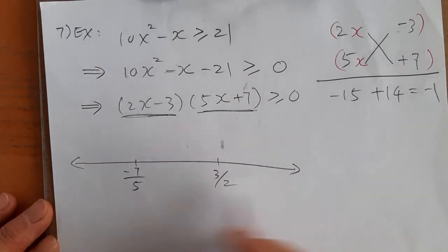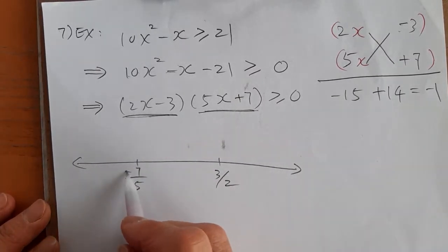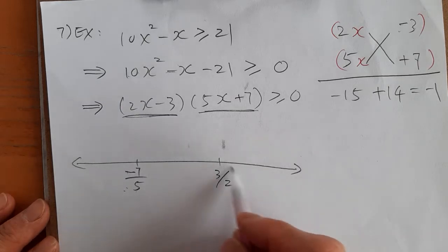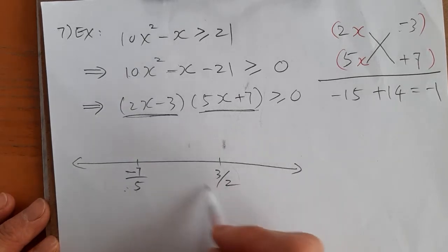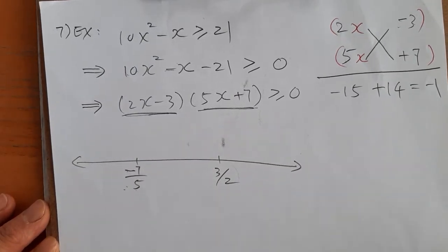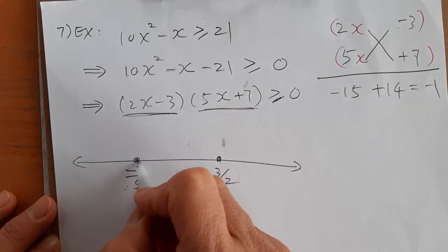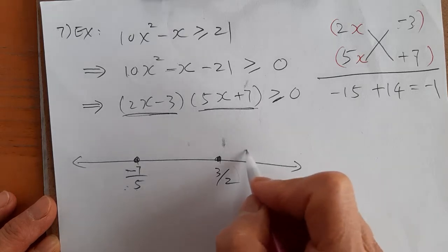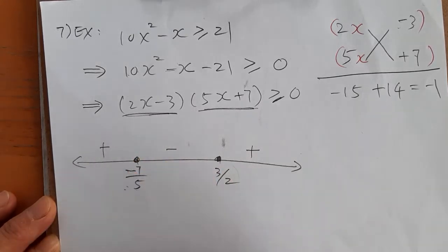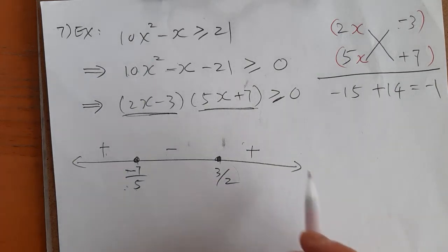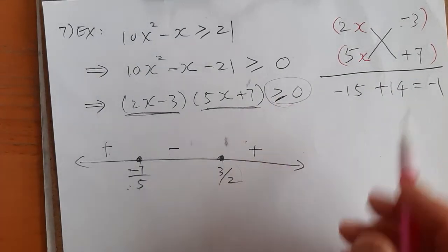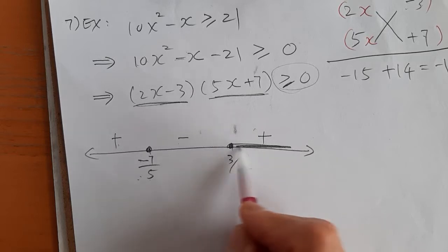So put it on the real number line. The negative numbers go on the left side, the numbers increase in order, and the positive numbers go on the right side. And mark the two points as included, because there's an equal sign. You can mark positive, negative, positive, always. Then the solution will be greater than or equal to 0, so the solution will be the positive side,